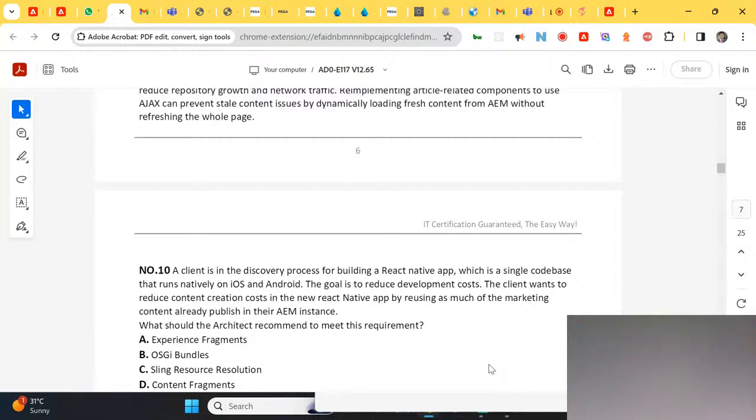So to export the data from AEM as an experience to other systems, we have the out of the box option of experience fragments, which can be provided to any of the other apps, and they can consume the data and prepare the experience. Okay, so from the options it is clear that experience fragments will help to do that implementation. Here the experience is the concern, I think they are saying in the content only, right? Content means content is experience only, right?